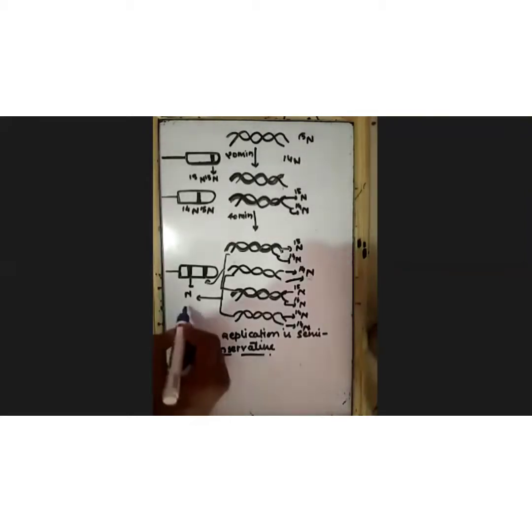And the heavy salt used in the experiment is cesium chloride. Please remember this cesium chloride. It can be asked in your NEET exam. Cesium chloride is the salt of the heavy metal. Cesium is the heavy metal, and they used a salt of cesium, cesium chloride, for the centrifugation. Okay, have you got it?